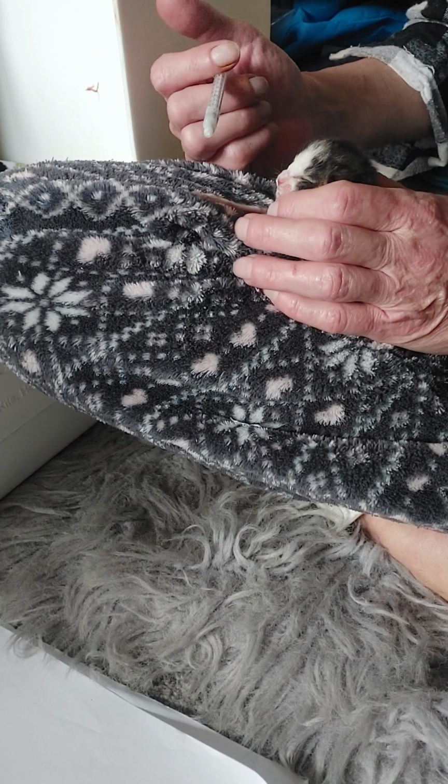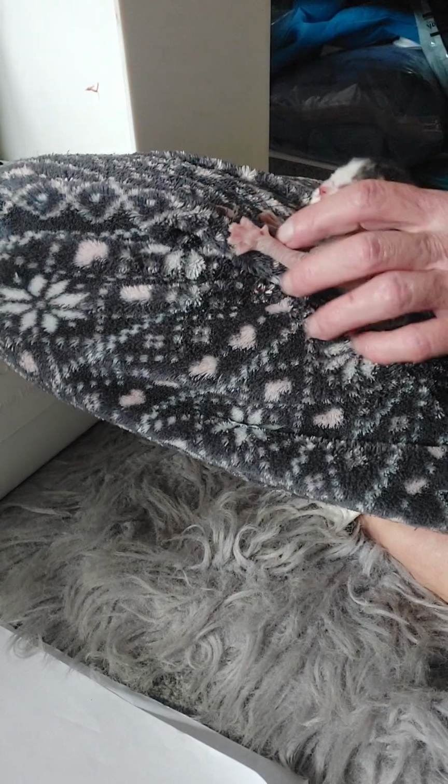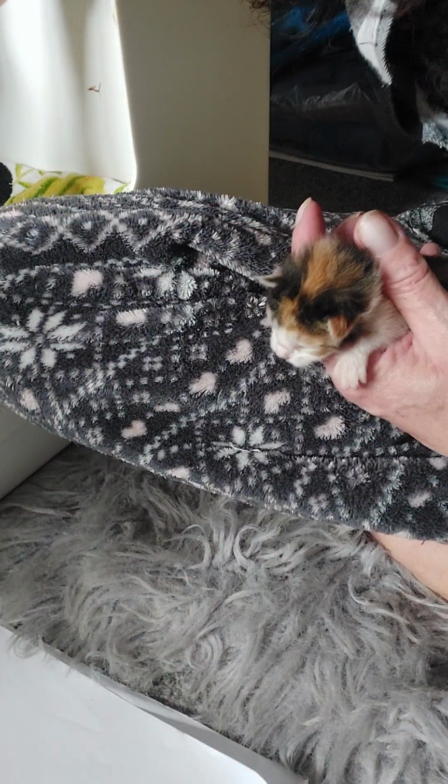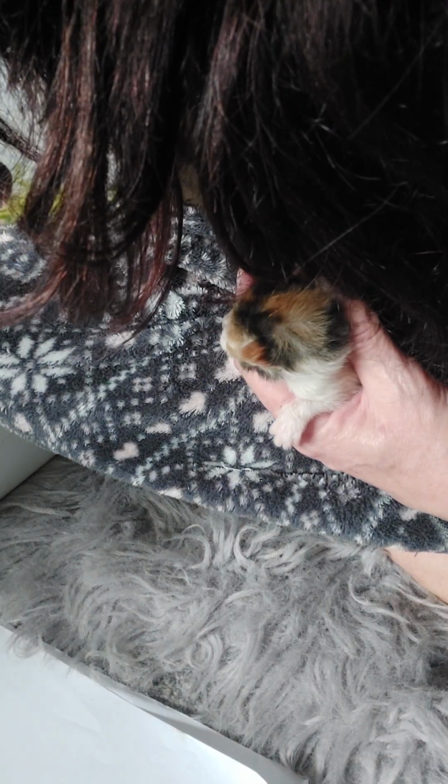Just getting the taste buds ready. So what I'm going to do is try to get the black ones done first. So that's that one, that one, that one. Black spot, yes, I've got them. Right, who else isn't feeding? This one isn't feeding. Right, so it's these 3 I'm worried about. The others are actually...